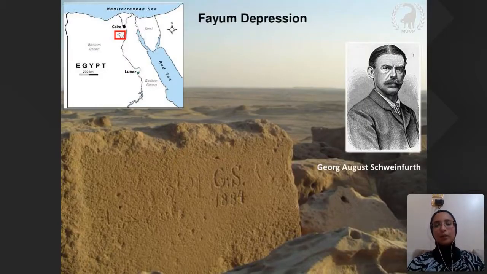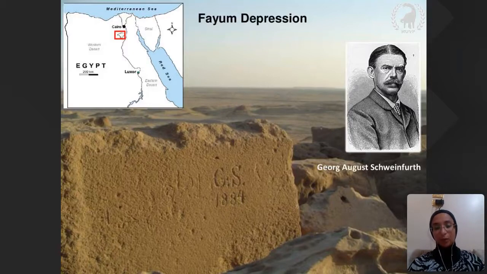But unfortunately, all of the work that has been done in Egypt for more than a century was about foreigners coming to Egypt, digging our fossils and taking them to study and publication outside of Egypt without real engagement of the Egyptians in this process. So the history of Egypt started in 1884 with the German paleontologist